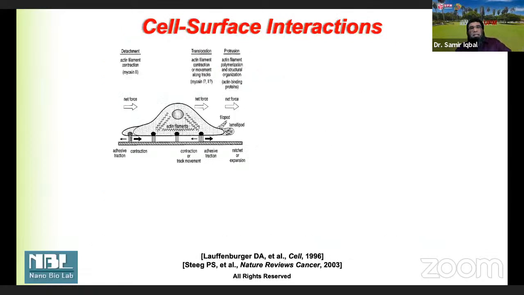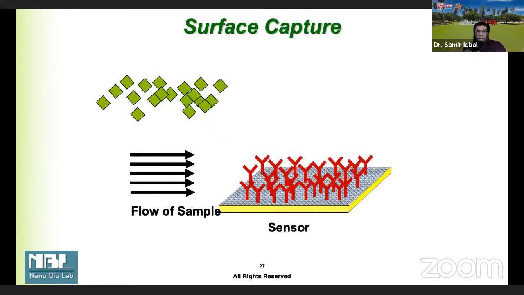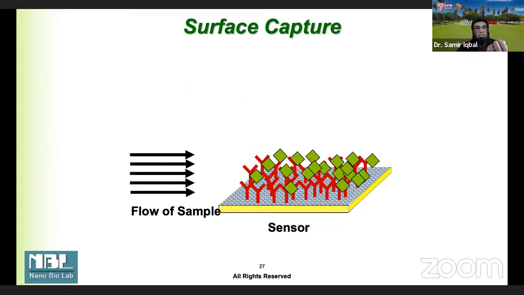So this leads to the idea: can we have a chip surface where we create the kind of nanotexture we saw for the basement membrane, and increase the sensitivity and selectivity of binding? If we create the nanotexture, a few things happen from a physical point of view. One is that you have a much higher effective surface area, which means you can put down many more molecules for capture of EGFR, for example, which is what we are looking at. Our surface can then be much more receptive for binding. And this is what we did.